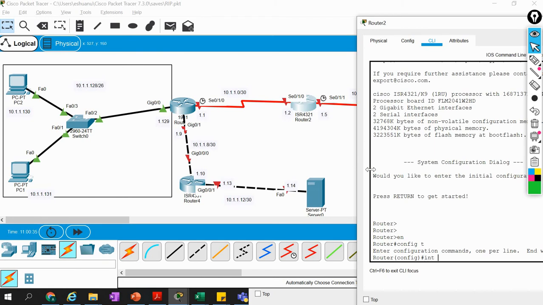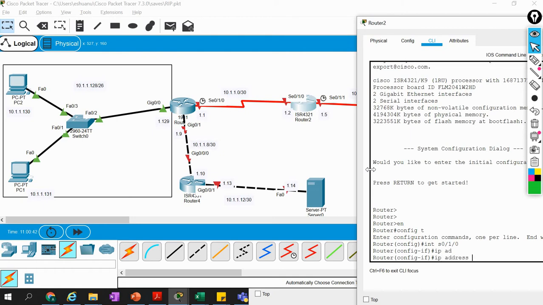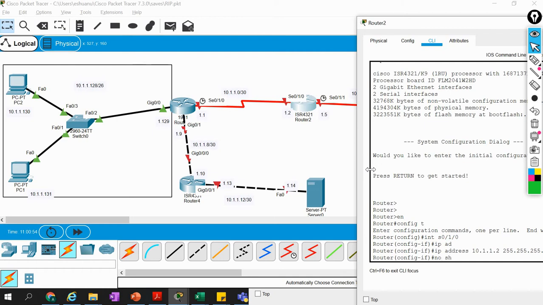So interface S0/1/0, and the IP address should be 10.1.1.2, and the subnet mask will be 255.255.255.252. Perfect. And no shut.